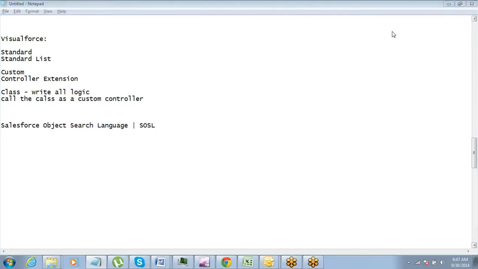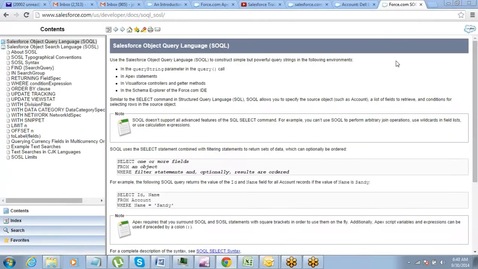So give me a minute. So this is the reference guide for these queries. So I'm just sharing it in the chat window. You guys can pick it from here. Here you will get all the syntax and everything of both these types of queries, right?